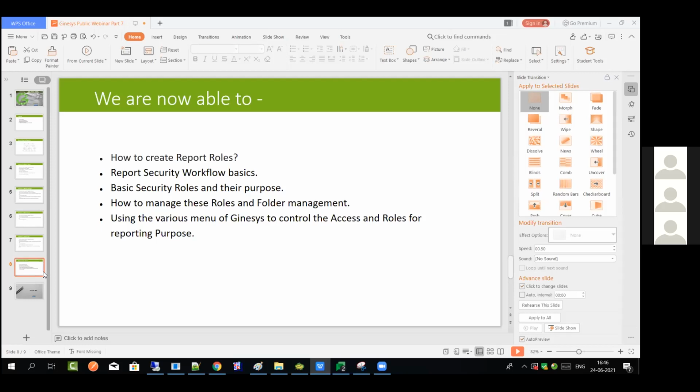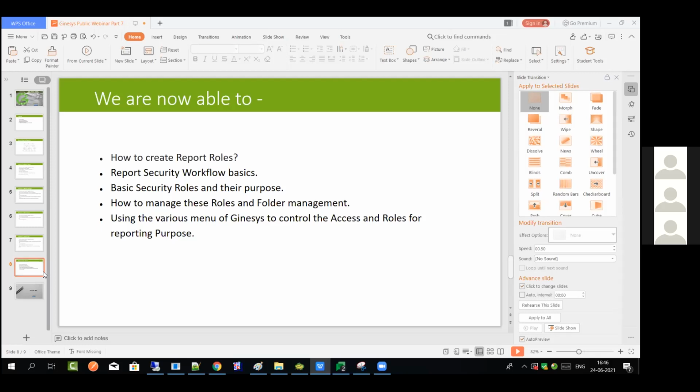Basic roles and their purpose, security roles, as we explained through this part, we went through the various roles and how to manage those roles through the menu, through admin, through server, through report repository and server. We manage the report roles, and through the admin security menu, we give access to the options of this particular menu to the user, right?